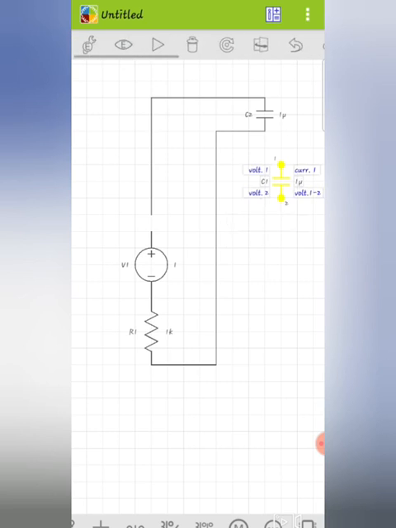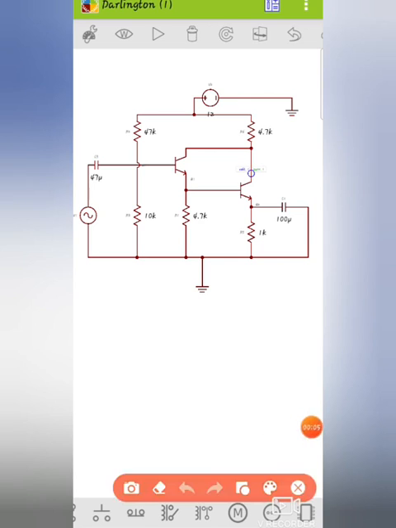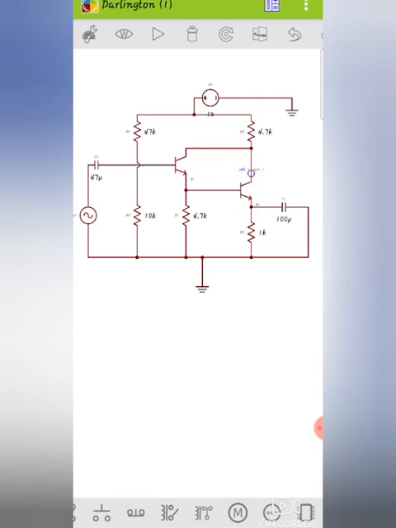This is the circuit. This is the Darlington amplifier I have connected already. Let's know about this. As I said before, the two transistors are connected together, where the emitter terminal of one is connected to the base and the collector terminals are connected to the other transistor like this.